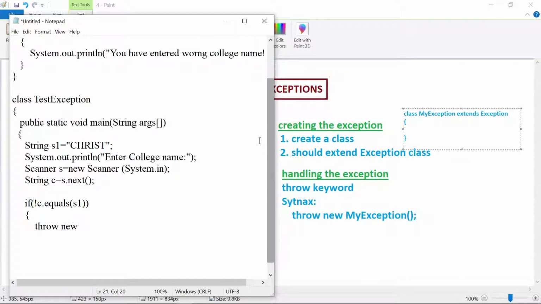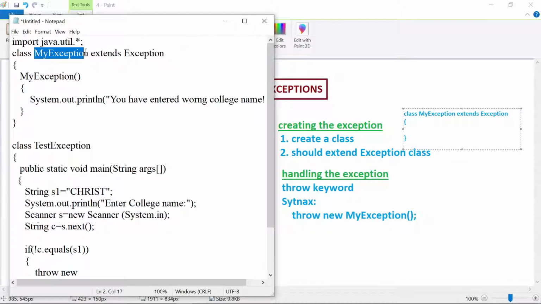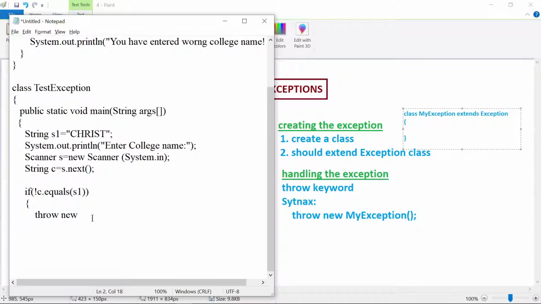New, what is your exception name? MyException. Very simple. After that, let us consider you want to have one output statement. Finally I want to give thank you. That's it. So this is the end of our main method, and this is the end of your test class.